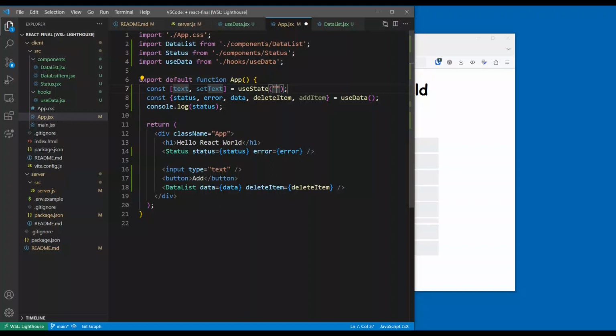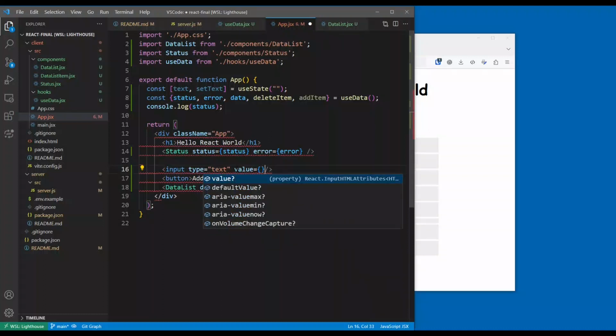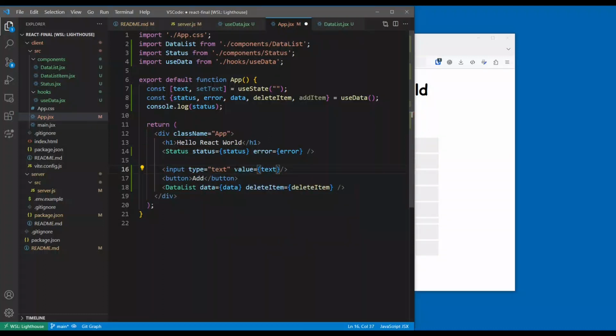Very important when doing state for inputs, always give it an empty string. And then I'll connect up my input by giving it a value and an on change. So I'm going to say value equals my text and my on change